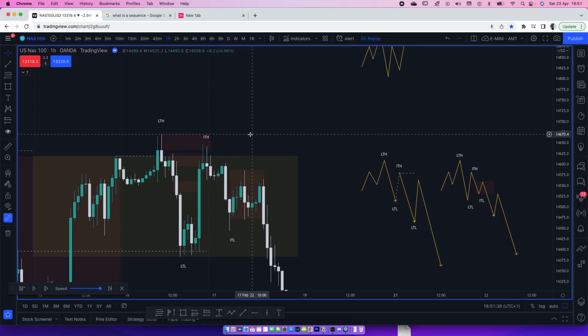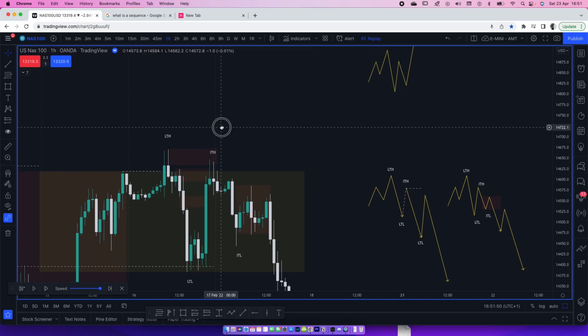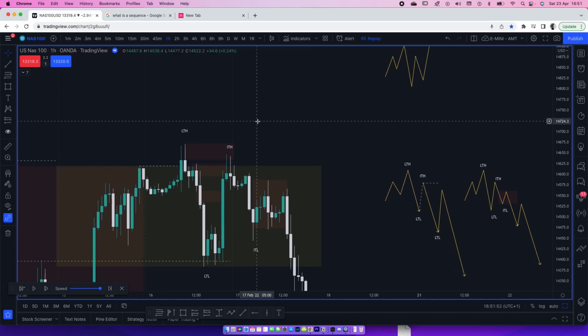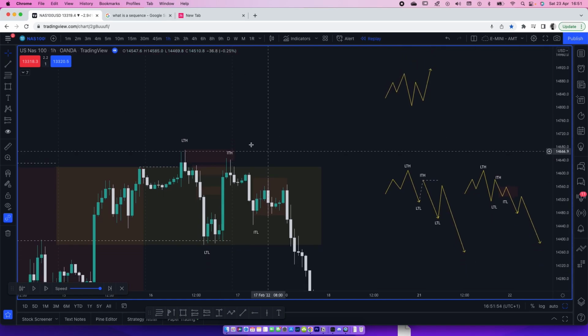So again, it's just a sequence. But if the sequence fails, then the sequence failed. You either close your laptop and go to bed, or you try to take the reverse. I'm not really going to explain how to take the reverse here. I don't want to confuse this. I'm trying to do this one thing at a time, so we're just going to stay here. But sometimes it could fail, all right? And if you don't understand the mechanism of the sequence, or at least ingrain this into your head, then it's going to be kind of hard.